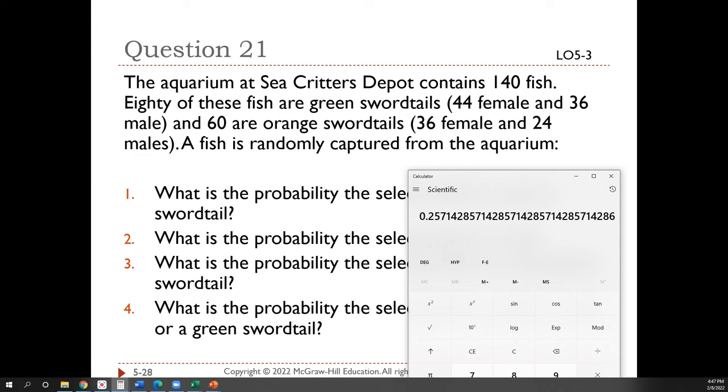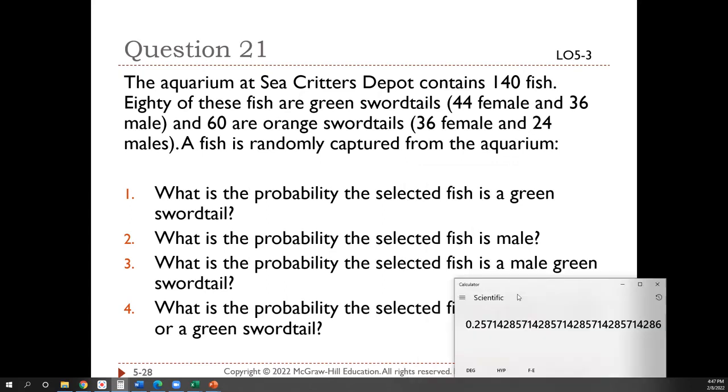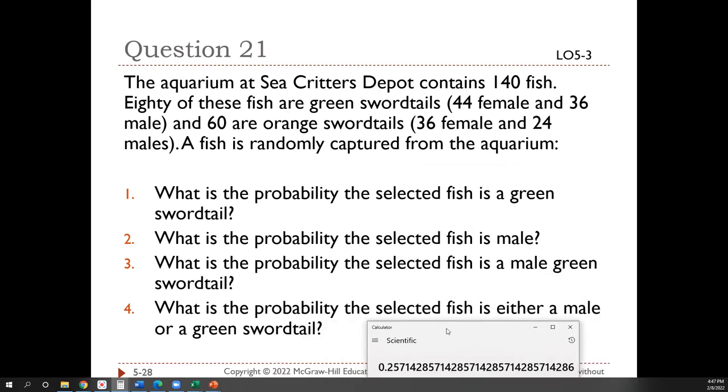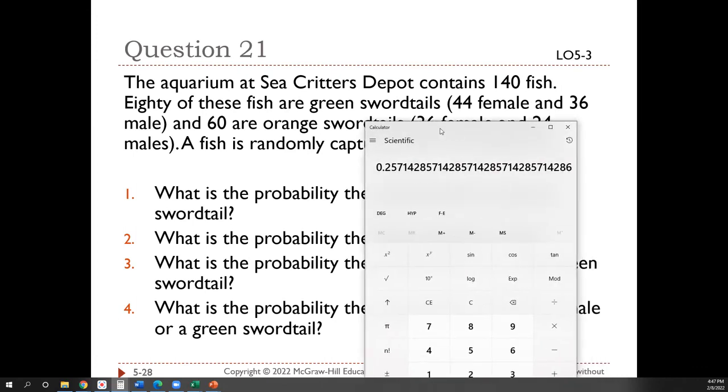Okay. We're not done yet. All right, so next, they want to select the fish that's either a male or a green swordtail. Well, judging by our numbers, we can use basically the general addition rule, because we can have this similarity that they could be male and green. So using that rule,